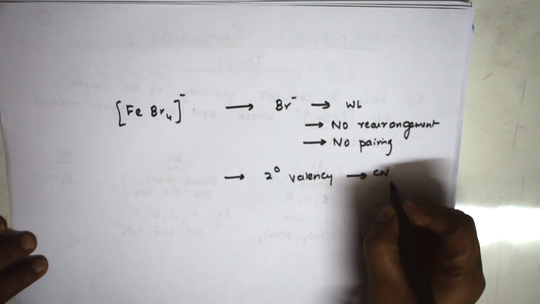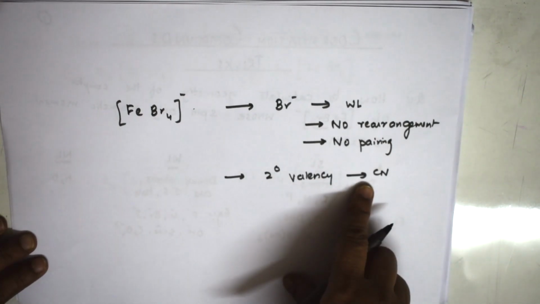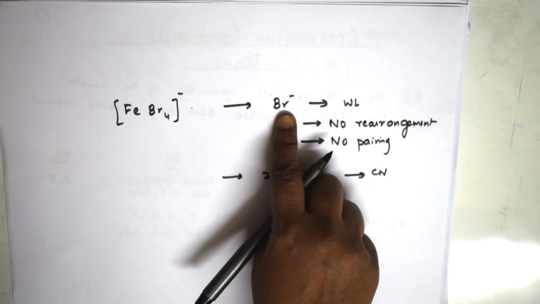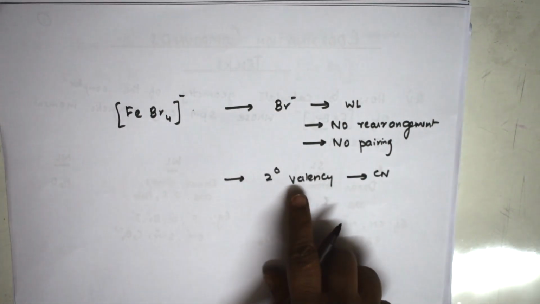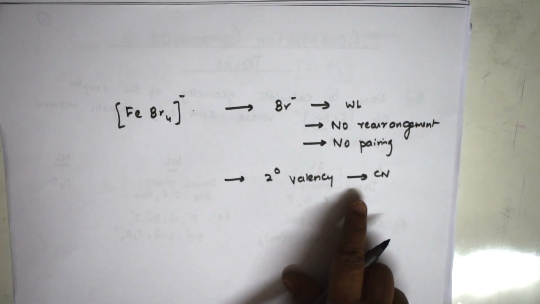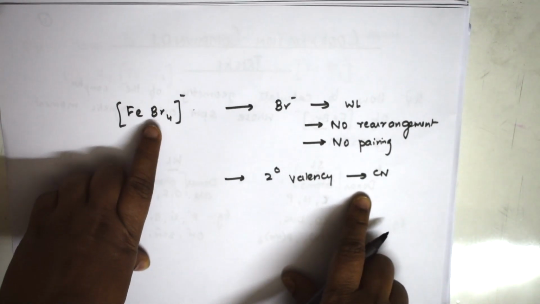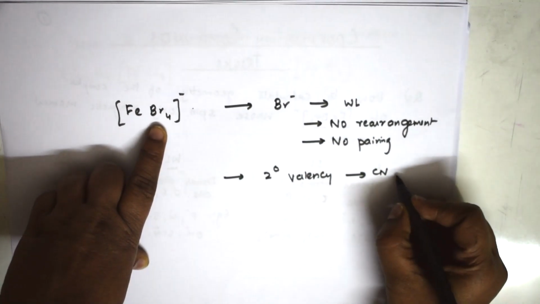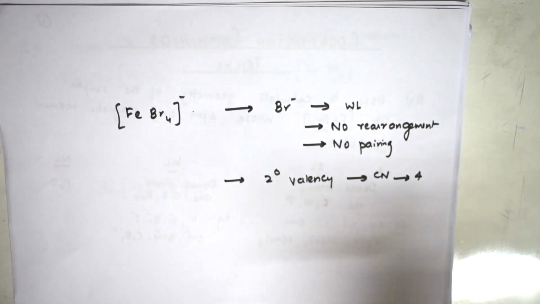coordination number. This we very well know. Correct. The secondary valence is a coordination number. Now first I should know about the ligand. Done. Then second thing, secondary valence is a coordination number. Now what is the coordination number here? How many ligands are there around the central metal atom? Here the coordination number is 4. Okay, two things I know.